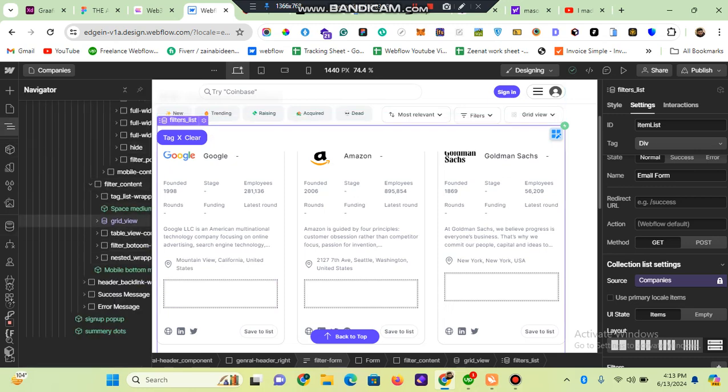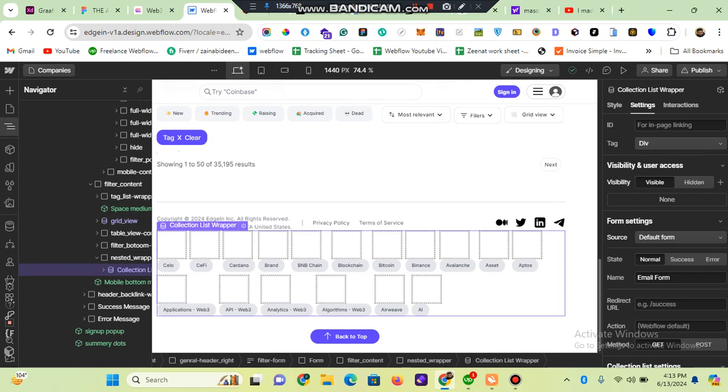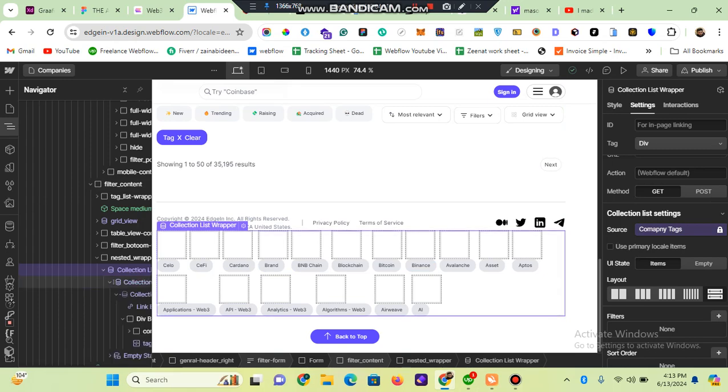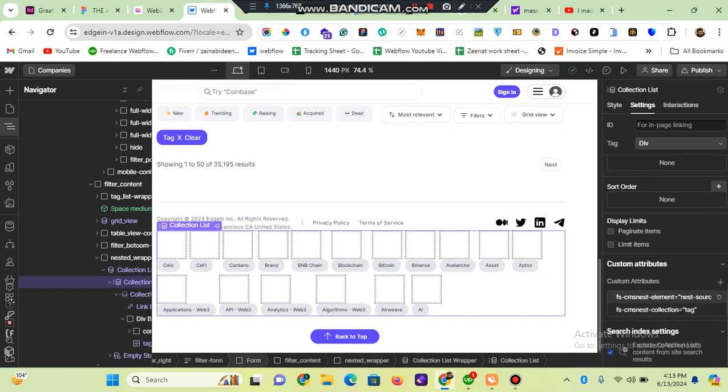This is the main list, and outside of this main list, I take one more CMS list, and this CMS list is connected with the CMS company tags. So these are the company tags. Okay, now two main things again with this CMS. One main thing is again assigning the